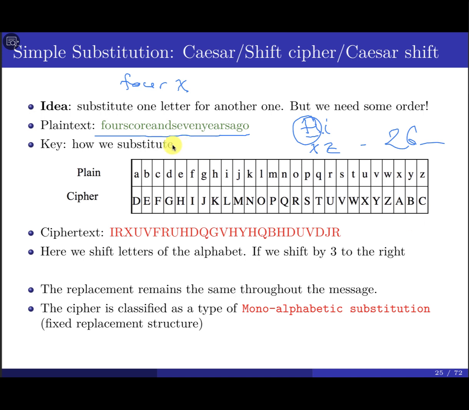So here, this is a plain text. The way that we use the simple substitution, I'm going to perform the following. I have listed the 26 letters from A to Z. This is the plain text. And this is the ciphertext. Here I'm going to use what is called the shift, or the Caesar shift, or shift cipher, or the Caesar encryption scheme, or crypto system.